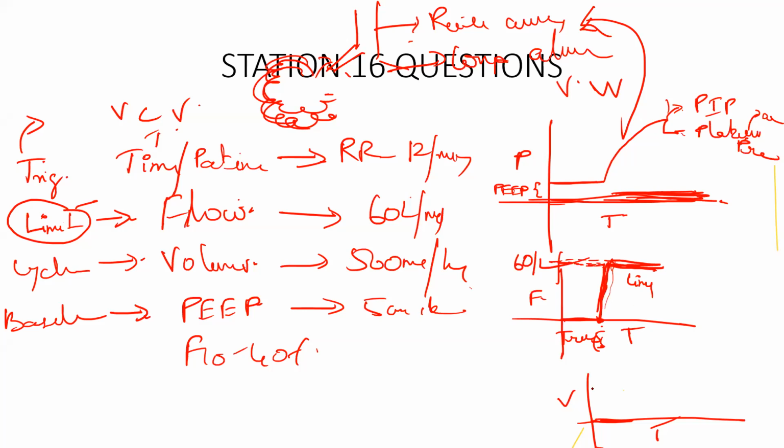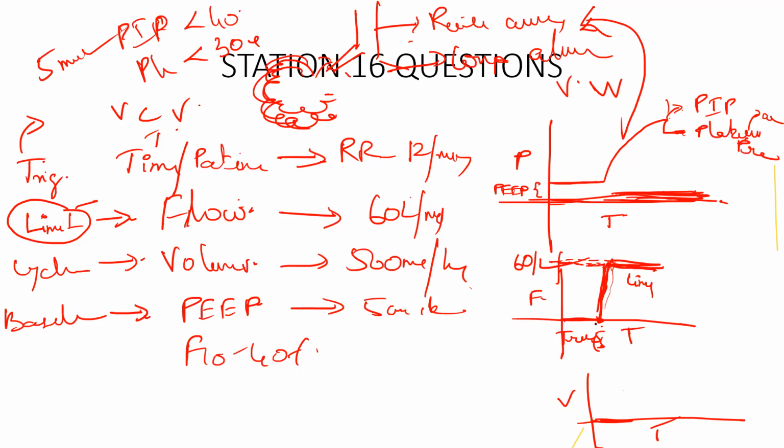Okay. Now, as the flow is increasing and is sustained at 60 liters per minute, the airway pressure has come up to the peak inspiratory pressure. It has opened the airways, it has opened the alveoli, and reaches the plateau pressure. So what is the normal difference between the peak inspiratory pressure and the plateau pressure? The set limits: peak inspiratory pressure should always be kept less than 40, and the plateau pressure should always be kept less than 30. The normal difference between peak inspiratory and plateau pressure is around 5 to 10 millimeters of mercury. Correct, it's a normal pressure difference.